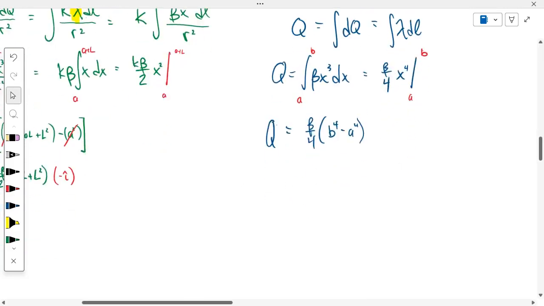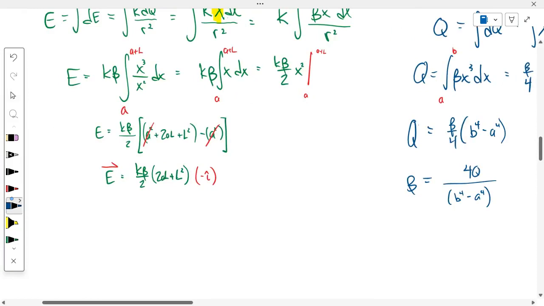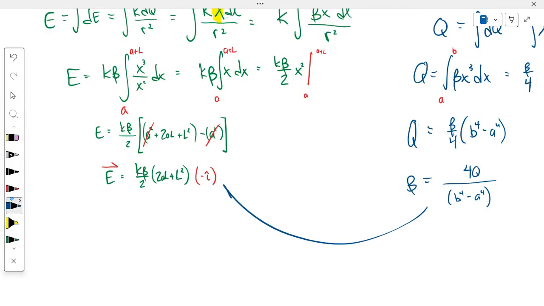So look, then we could say, well, that's a way for us to say what beta is. Beta is 4Q over b to the 4th minus a to the 4th, and we could dump that into here. If I'd done this differently, maybe I'd go a to b here, right? And we'd have a different expression here. And if we had done that, right, let's try. If we had gone a to b here,